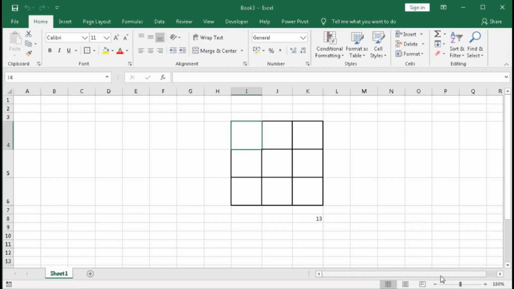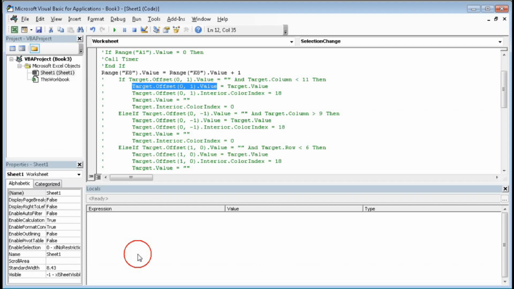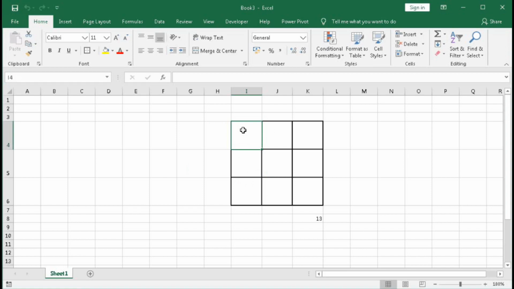Let's check it. First I will put some values here. So for that I have to pause the code and type 1, 2, 3, 4, 5, 6, 7 and 8.